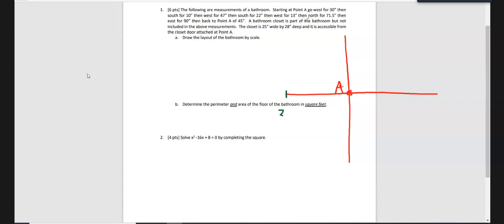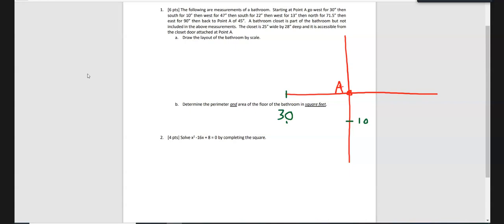Okay, so let's call this 30 inches. I'm going to take the inch mark off because we'll just assume they're all inches. All right. Then south for 10 inches. Then west. The following are measurements of a bathroom. Starting at point A, go west for 30, then south for 10, then west, so I'm physically at this spot